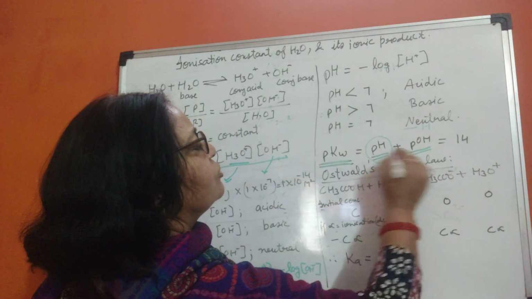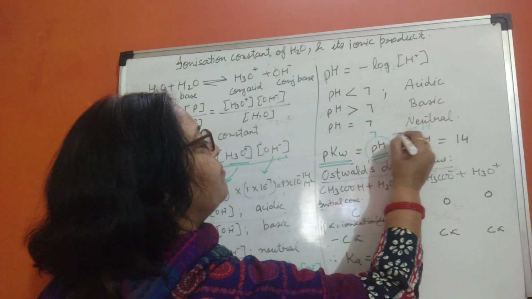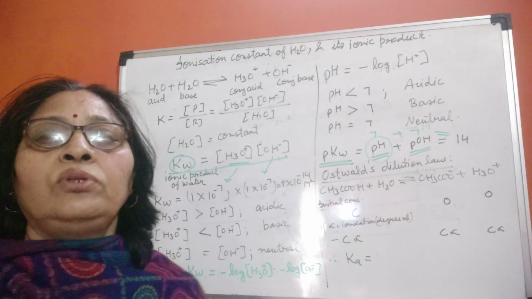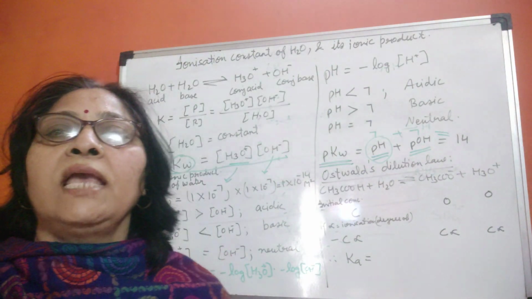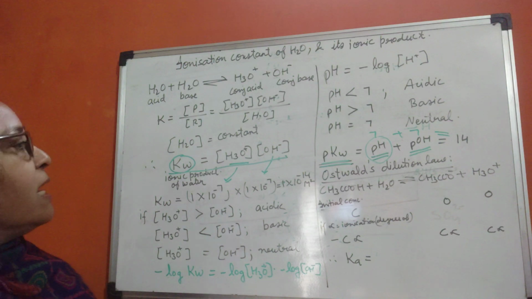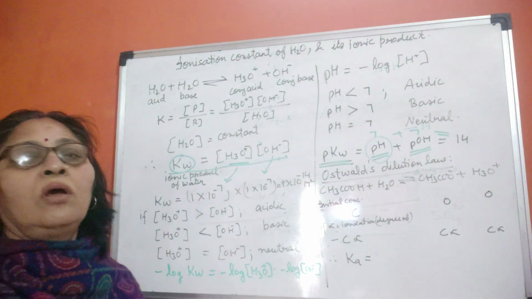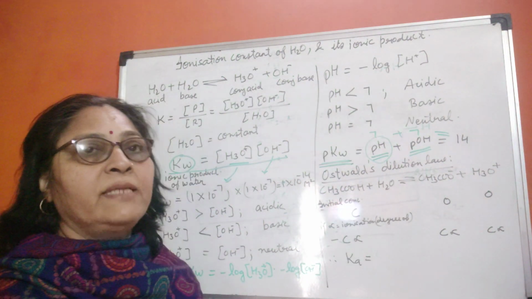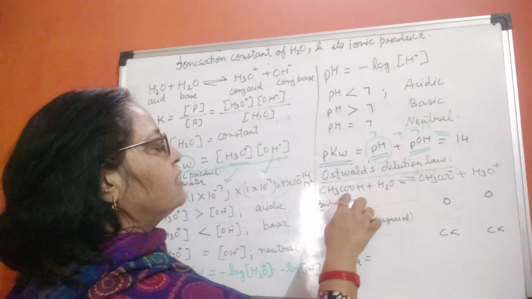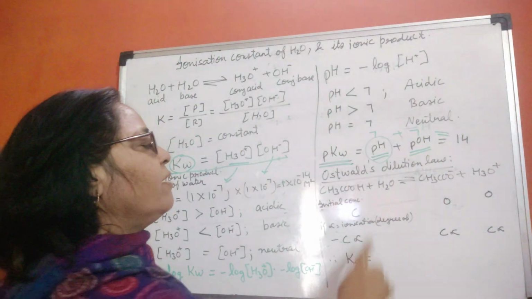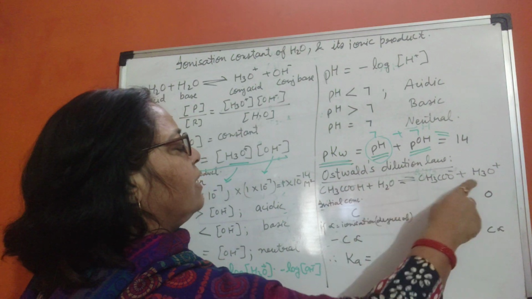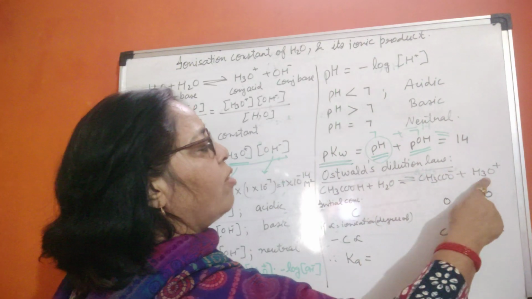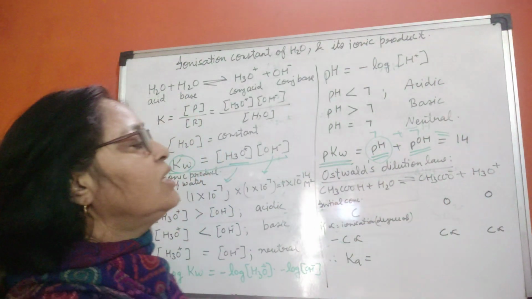Now pKw equals pH plus pOH, or 7 plus 7 equals 14, right? So this is all about your pH. The pH scale you know very well. And now coming to our next topic, Ostwald dilution law. It is basically used for ionization of weak acids. So here we take one example. Suppose this is the reaction: CH3COOH, which is a weak acid, combines with water to form H3O positive plus CH3COO